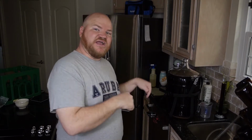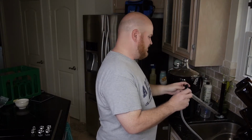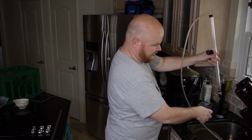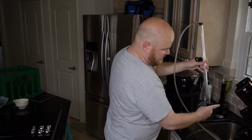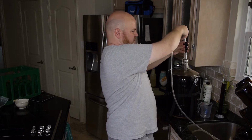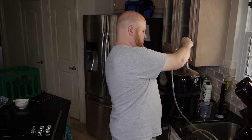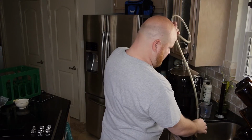So let's go ahead and rack it on, shall we? Remember that clip I showed in another video, this little guy here? Well, it works with carboys as well. But what I do is I take my cane and I set it in first, and then when I'm sliding it down, I clip this on and just kind of slide it down so the cane hits the very bottom, just like so. I take my sanitized hose,